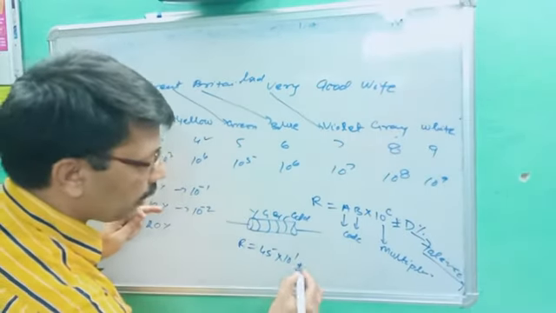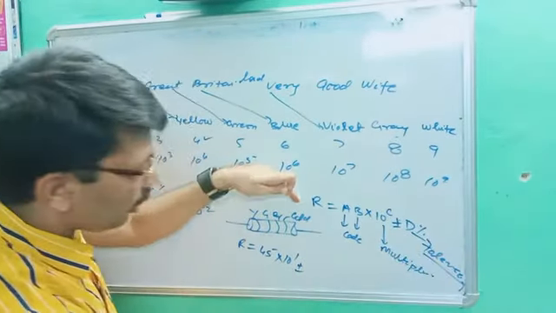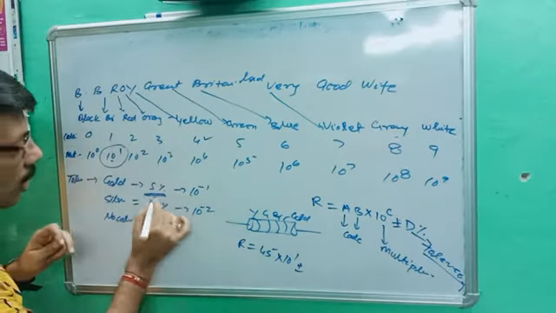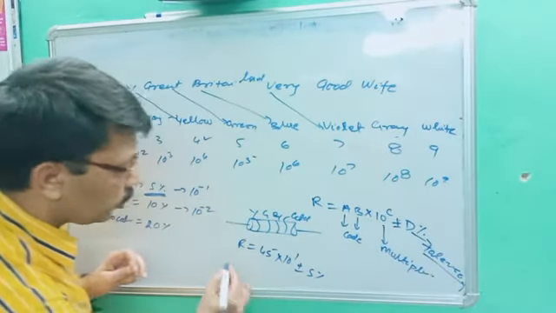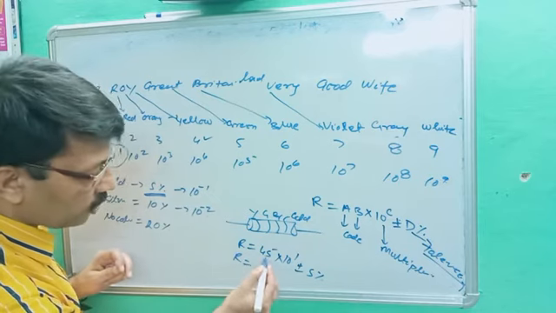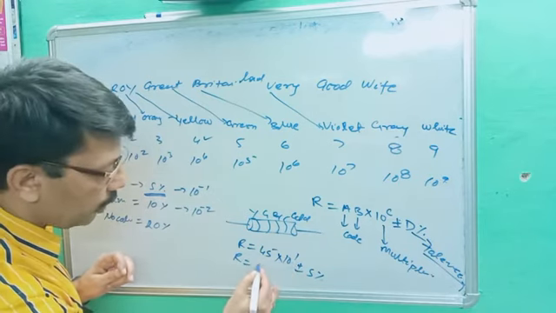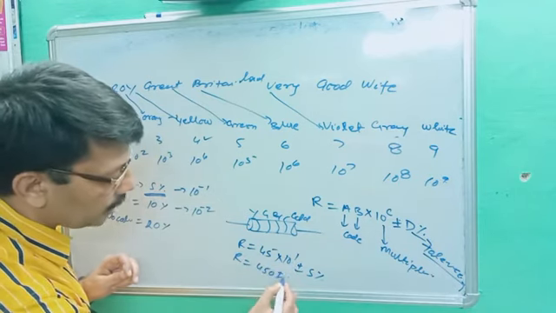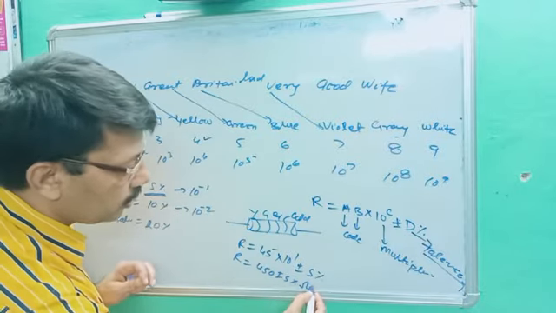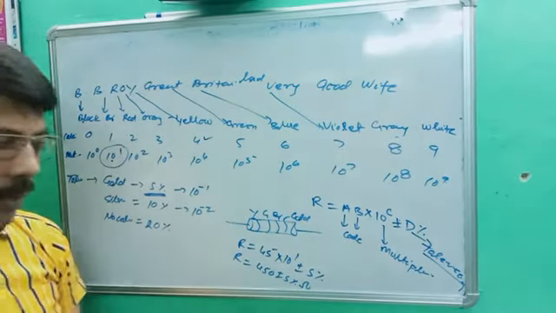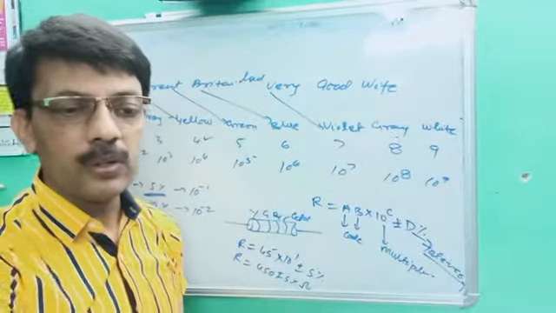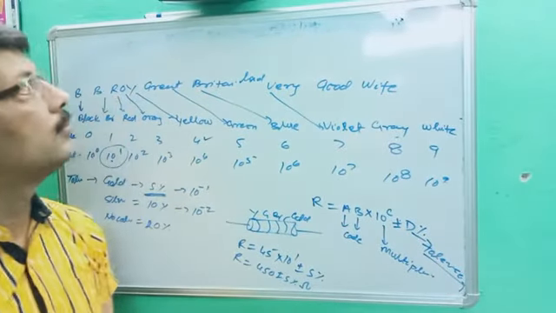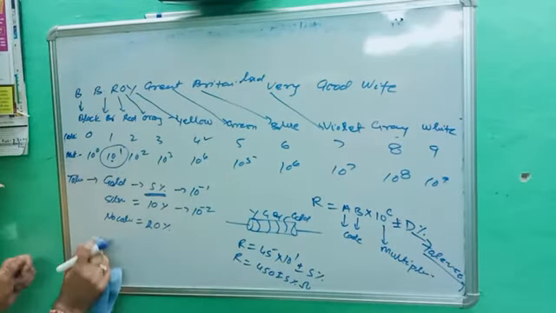Next, plus minus D%. What is the tolerance? Gold, and gold tolerance is 5%. You have to write 5%. So your answer will be R is equal to 45 into 10 power 1, which means 10. It will be 450 plus minus 5% ohm. This is the answer. Are you getting it? So this is all about your carbon resistance.